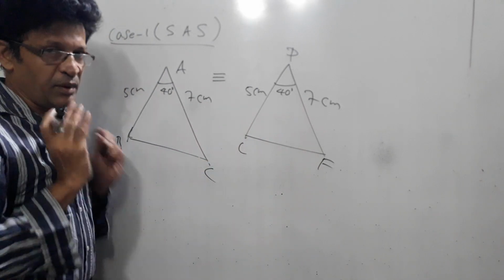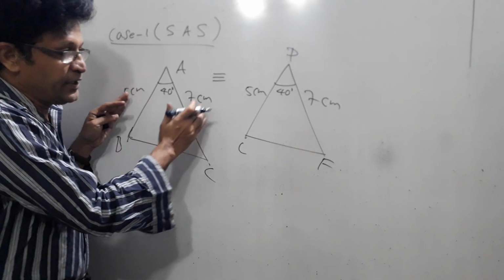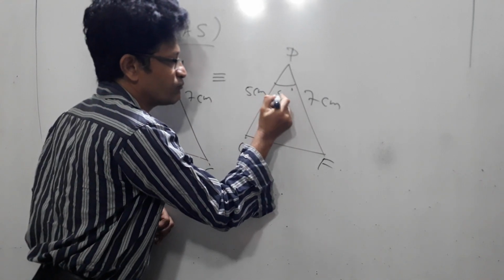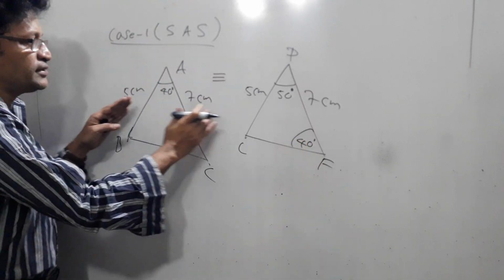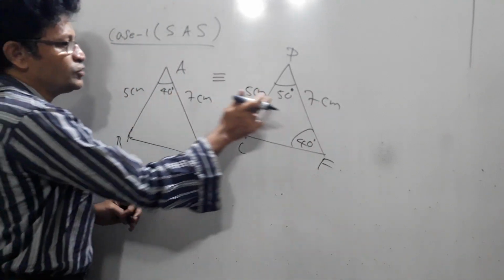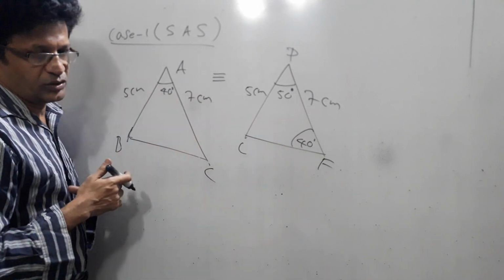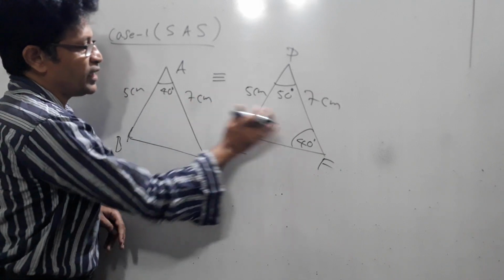Clear? Remember, here the included angle should be equal. Not only two sides, the included angle also should be equal. That means say that this is 50, this is 50 and this is 40. Now two sides are equal, but the included angle is not equal. Some other angle is 40. That is equal but no use. The included angle should be equal. Now these two triangles are not congruent.